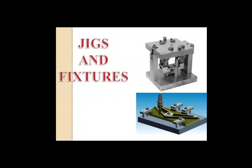So, as we know, when the 3-2-1 location system, that is 3 pin, 2 pin and 1 pin location system, is used, 9 degrees of freedom can be restricted and the remaining 3 degrees of freedom have to be restricted by the clamping system. Now clamping devices are used to hold the workpiece securely against the locators throughout the machining operations. To accomplish this, clamps or clamping system